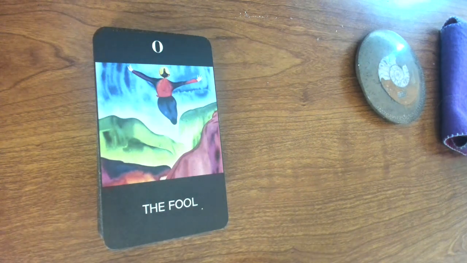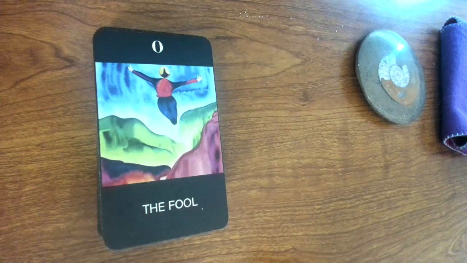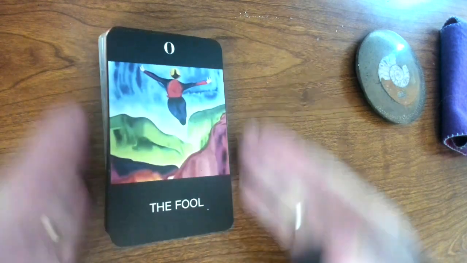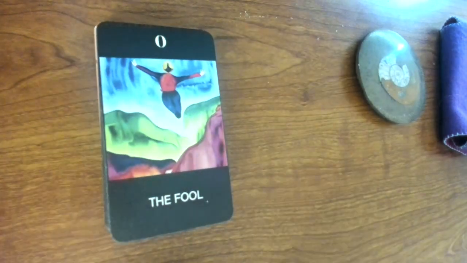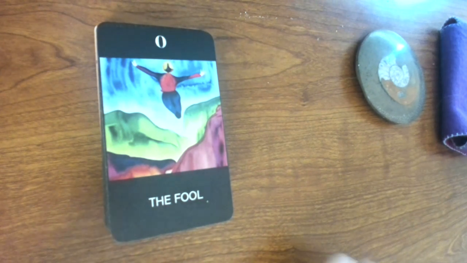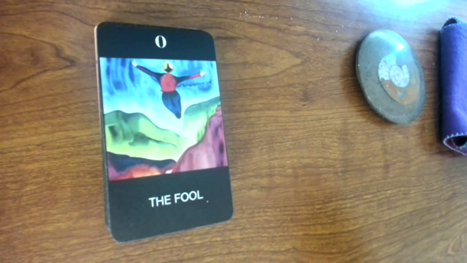I created using AI. I know there's some controversy about AI out there right now, AI created decks, but I did this for me, for fun, and to work with tarot and learn tarot and kind of think, gee, I'd love to create a deck that shows my vision of tarot and not be able to do that because you're not an artist. I'm a writer, not an artist. But I decided to just find an AI app and play with this and see what it was like for me.